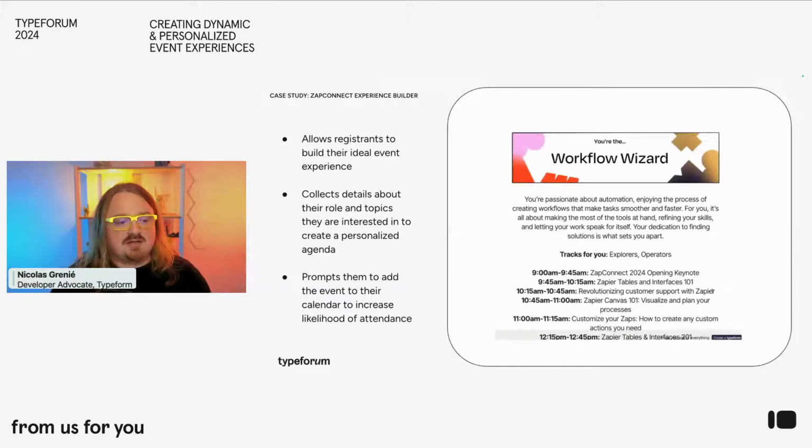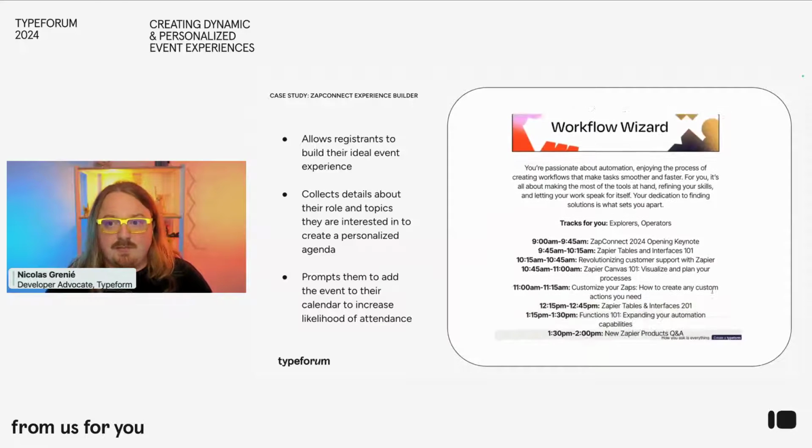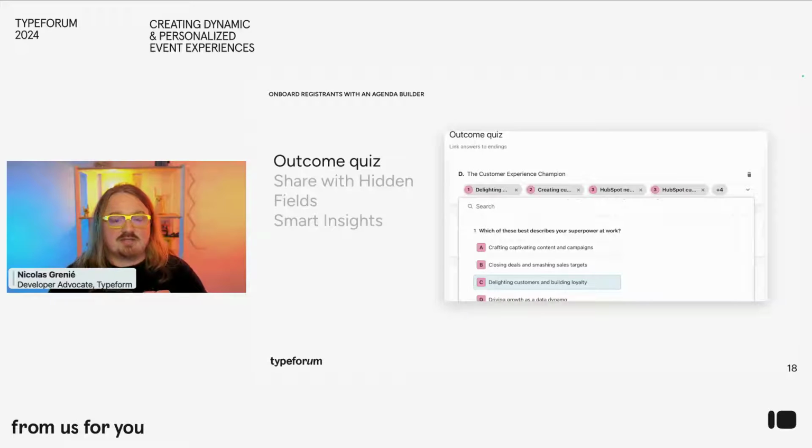So if you want to build a similar experience, how would you do it? Let me show you a couple of ways of doing this inside Typeform. With this, we're going to use the outcome quiz. First, think about the different buckets of attendees or experience you want to offer in your event. So let's think about the marketer track, the developer, the people that are just new to, in this case, the automation world, or Typeform in your product, which type of experience you want to do there.